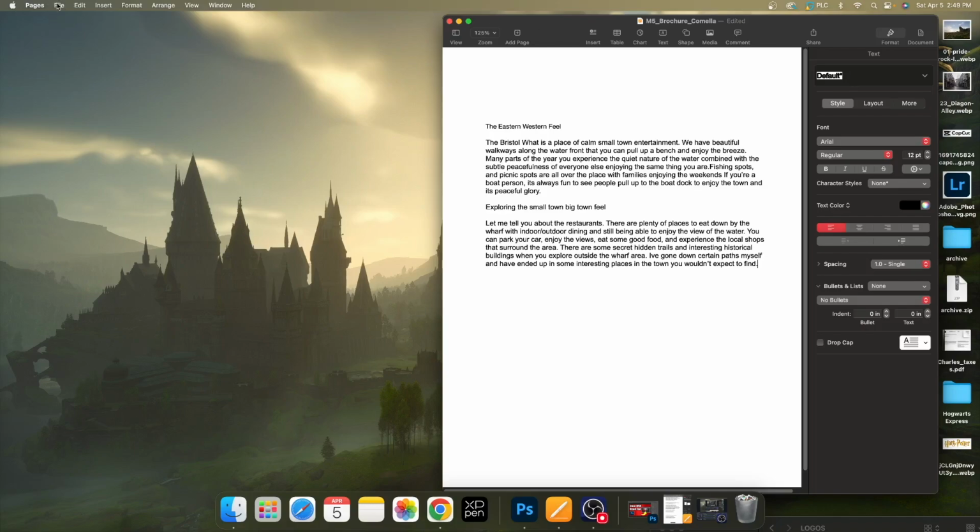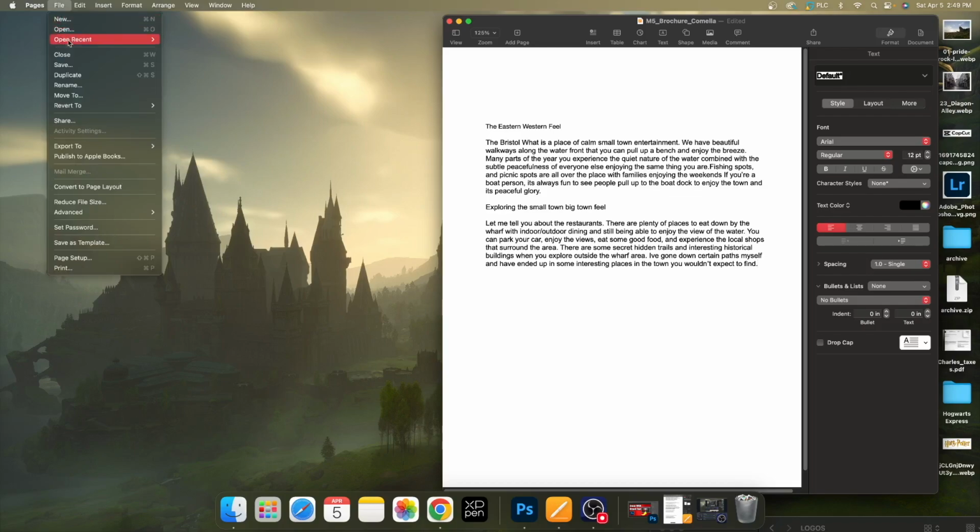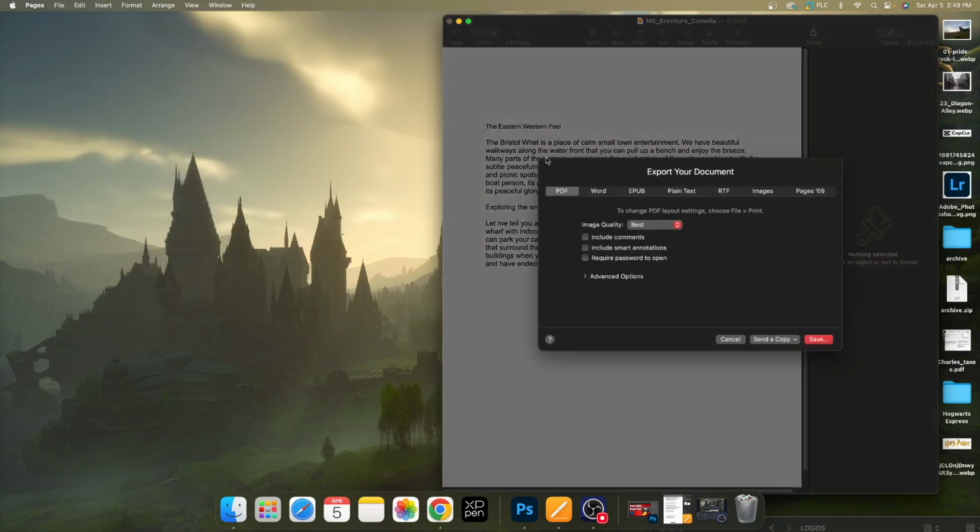Go over here to the top left corner where it says Pages and File and all that stuff. Go to File and go to Export To, and you're going to have some options here. This is going to bring up an export window, and what you can do is just choose PDF. I don't really mess with some of these options here, and all you have to do is hit Save, and